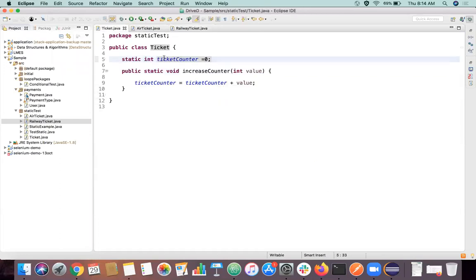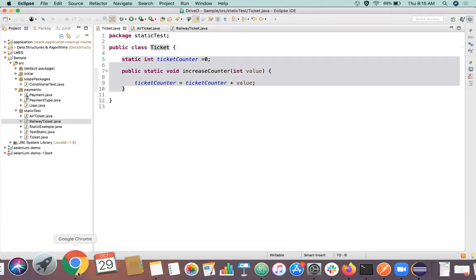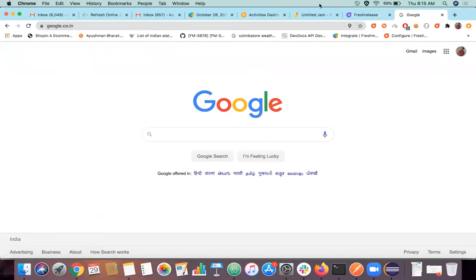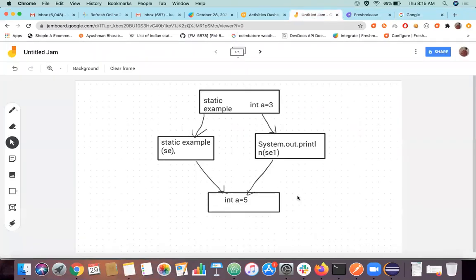Instead, you have this ticket class which is common across the project, and you have static variables and static methods, right? So what the static does is, as I've explained previously, this static is a common area where the data is stored, and every object can go and manipulate the data, and whatever the latest changes done to the data, that is only available to the remaining object that is accessing that variable.